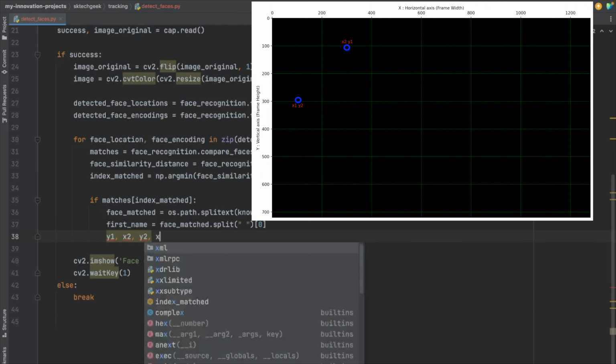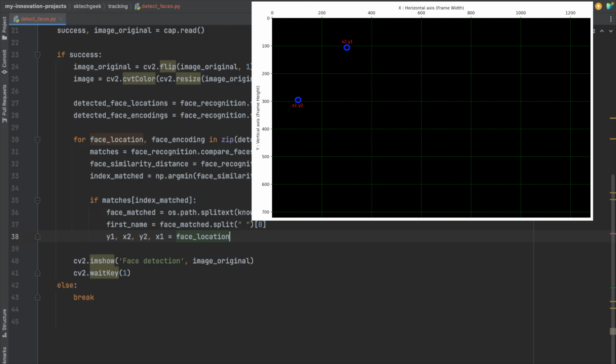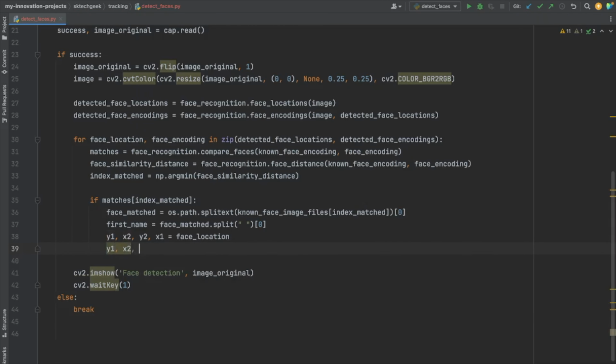Now we will extract values from face location, which is essentially a tuple of detected face locations in the order of top, right, bottom, left. These values correspond to y1, x2, y2 and x1. Next, if you recall, we scaled down the image by a factor of 4 to enhance processing performance. However, for display purposes, we need the original full-size image. So we'll resize and scale up the image by a factor of 4 by multiplying y1, x2, y2, x1 by